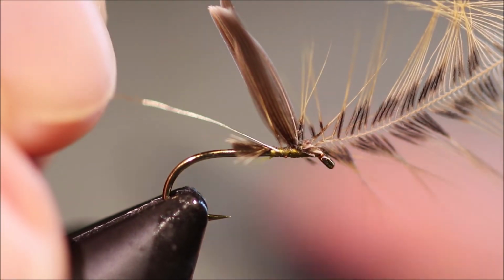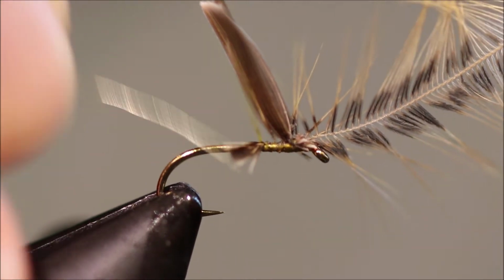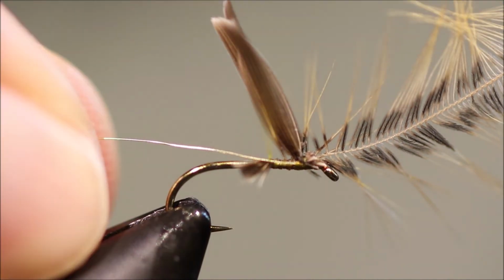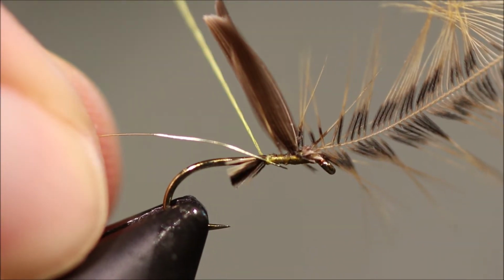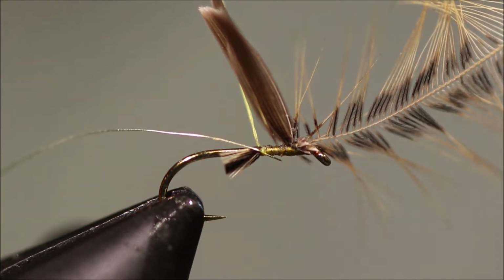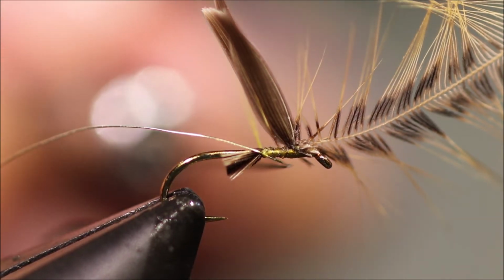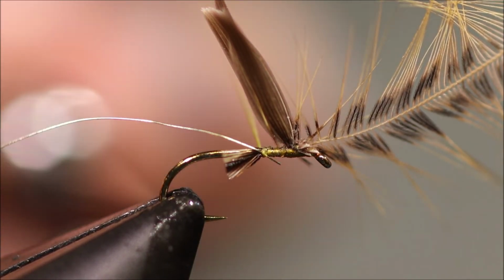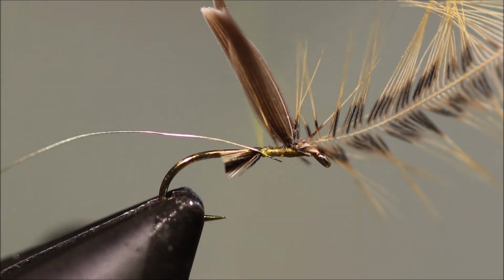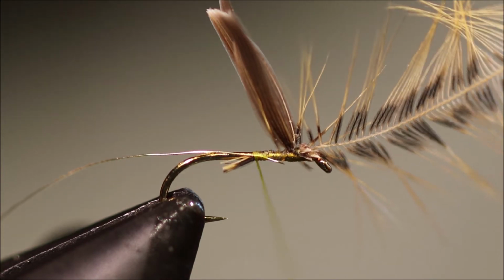And I'll leave the tag long. Try to do it on your side so you can see. I'll leave the tag long so that it's extending towards the back of the wing. Again, still just maybe a thread wrap behind, right? The tag's just there. Right, I'm just going to hook that back up. And then I'll just go back, touch and wrap a thread,